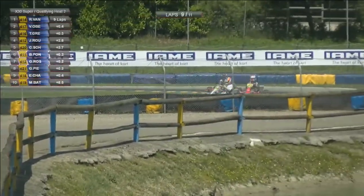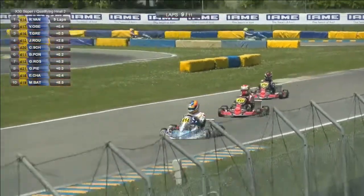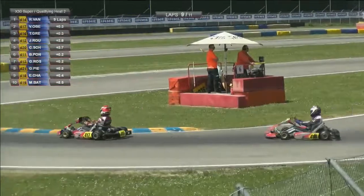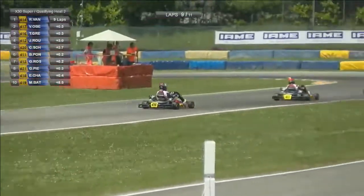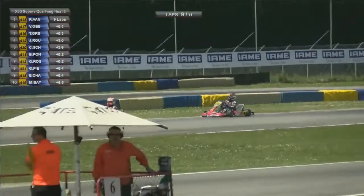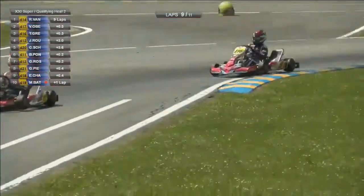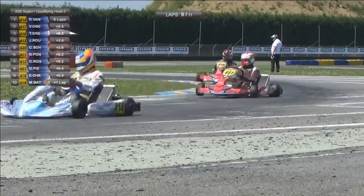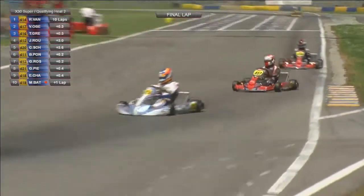But for now, Rinus van Kalmthout is continuing to just gradually pull away. He's just done another quickest lap of the race there, 49.156, only fractionally quicker. So Victor Oberg still stays there in second. Will he go for a final last gasp move on our leader? We'll have to wait and see, because there's only going to be one lap remaining at the end of this one. There is Taylor Greenfield still in third place, who are a long way ahead of both Jeffrey Rouchet and